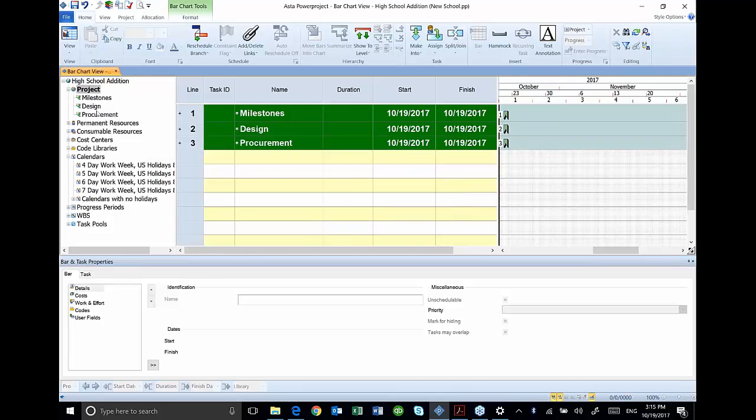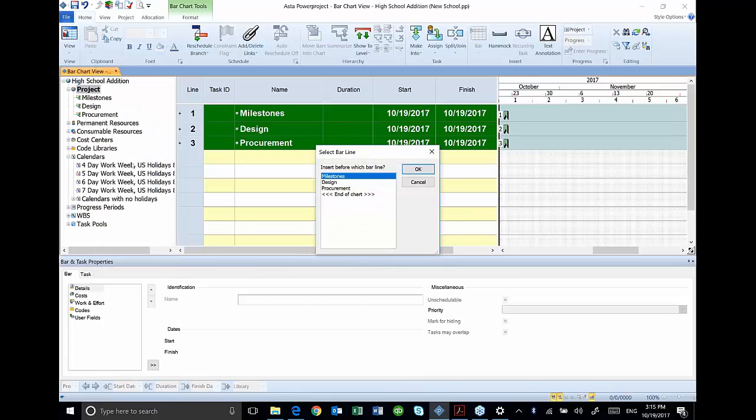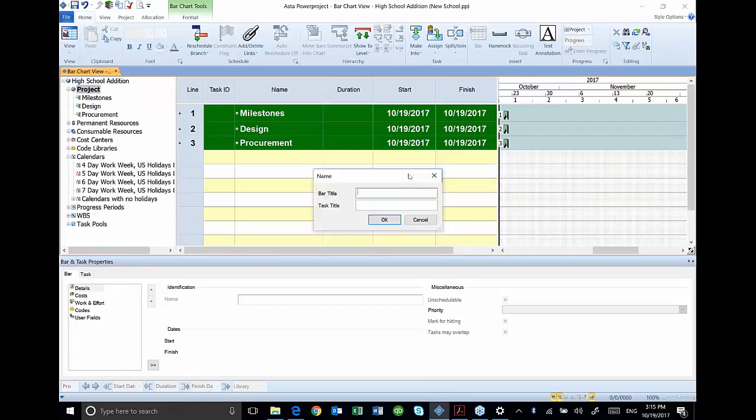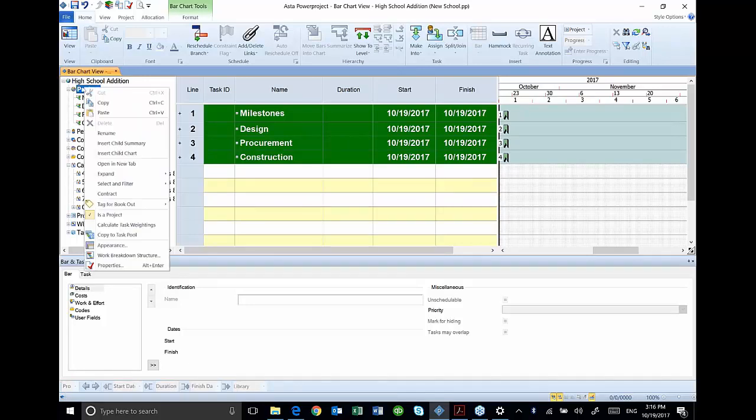And I'm going to add one more down there for construction. Once again, at the end of the chart. And I've got my 4 basic settings for my chart. Now I've got over here, if I right-click on my project tab, my project link over here on the left,